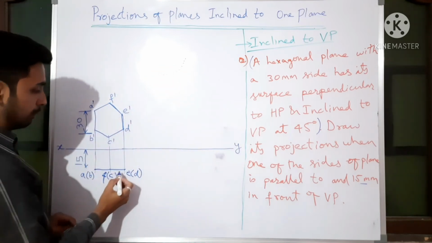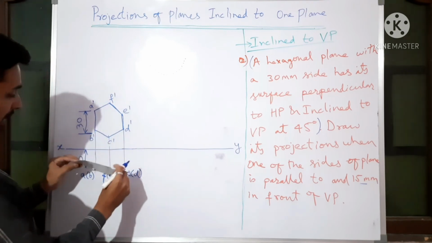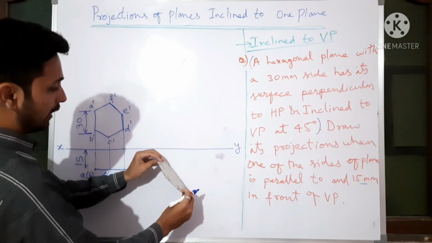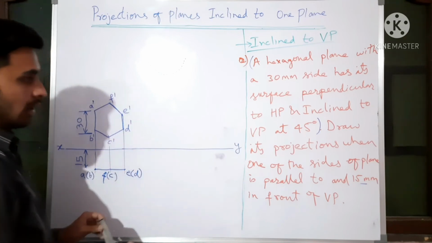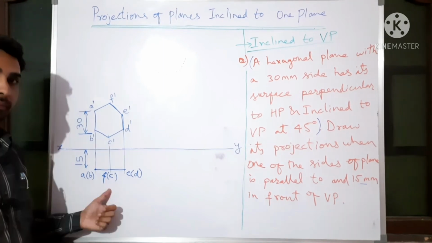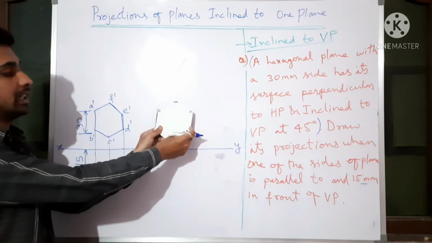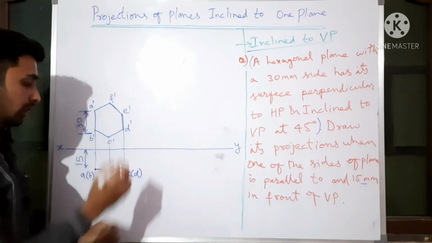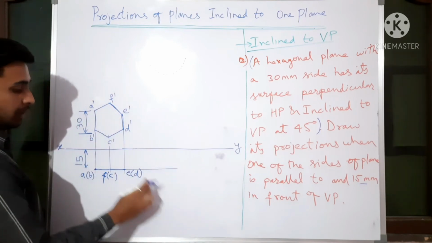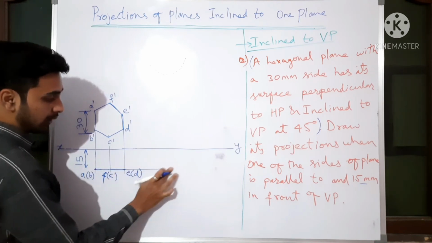So what you need to do, simply just take this one. It is like this here, right? So now bring here and rotate it at this edge. Now we will draw it at 45 degree because it is making 45 degree with respect to VP. So let us see here. Just draw one thin construction line as a locus. Why? Because we need to maintain this as 15 mm fixed, because it is in front 15 mm. Okay, we have got like this.